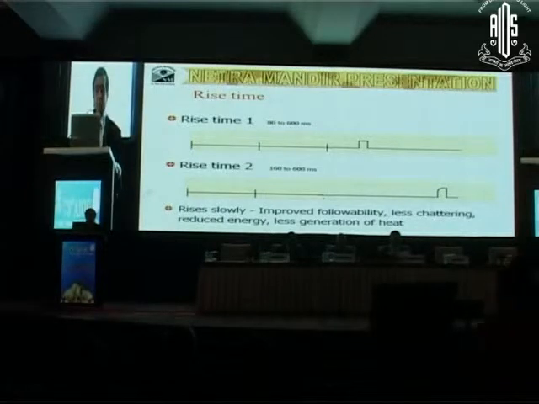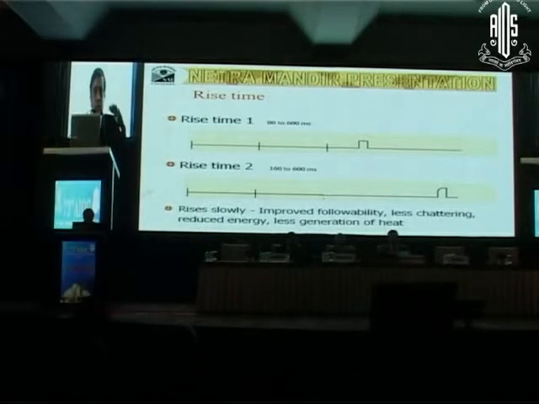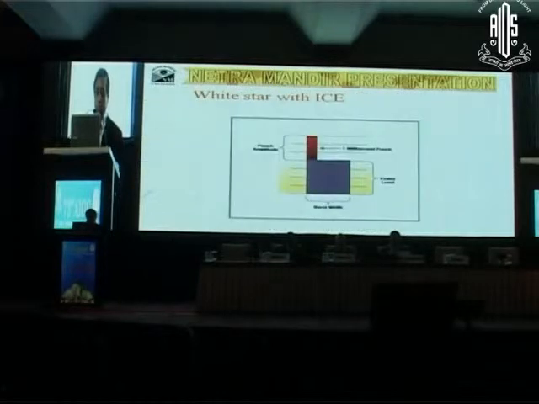Rise time 1 is nothing but something like a burst mode where the energy comes up, it remains on the plateau and comes down. But in rise time 2, instead of a sudden rise of the energy, the rise of the energy is relatively slow. And hence, if I was to put rise time 1 over rise time 2, as you can see in the lower graph, you are not delivering part of the energy in this area, that much energy you save. Also, if it's a soft cataract, then you don't need to get chatter or a sudden eating up of the nuclear piece, and hence rise time 2 can be useful in a soft phaco.